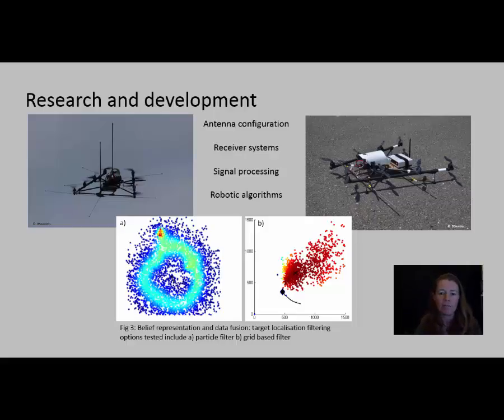To process the signals and make them meaningful for locating the animals, we had to increase our capacity for rapid and accurate processing using various iterations of processing filters. We tested a number of different types, ranging from the particle filters illustrated here with the blue dots through to grid-based filters, which are illustrated with the red dots. Both of these filters were used to process the signal phase shift between the observed and the expected radiation patterns